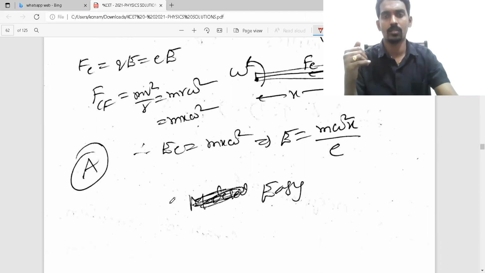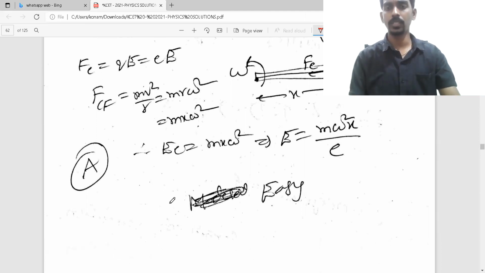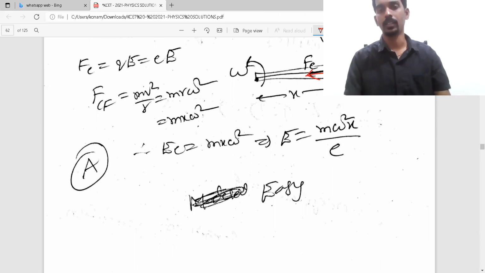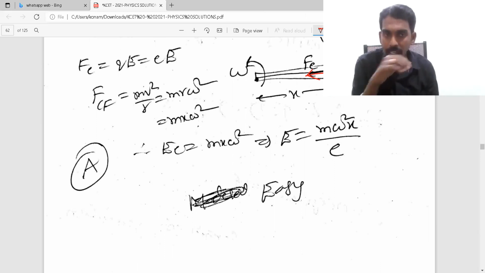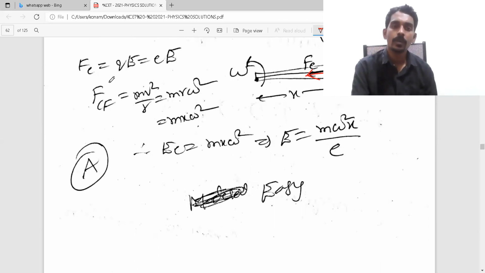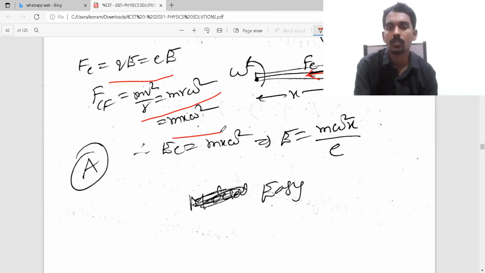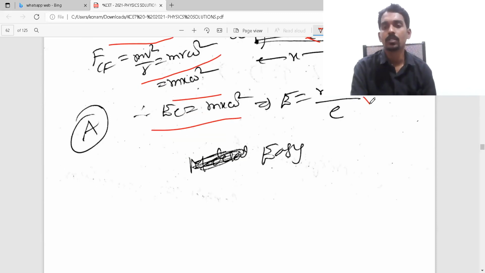Here it is rotating. So there must be some centrifugal force on the right side and centripetal force on the left side. That centripetal force is due to an external agent. So your electric field should produce some electric force, and that must be balanced by the centrifugal force m r omega square, or m x omega square, because at a particular distance both must be balanced. Then only it is possible. Then you can get the equation for the electric field.